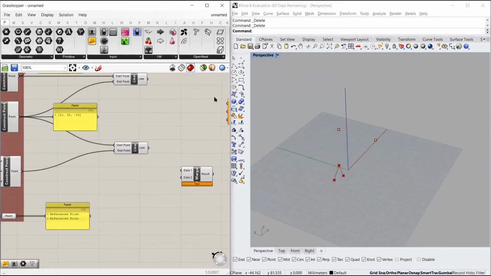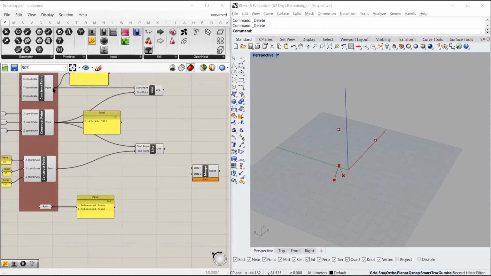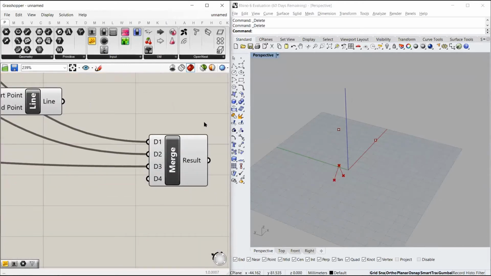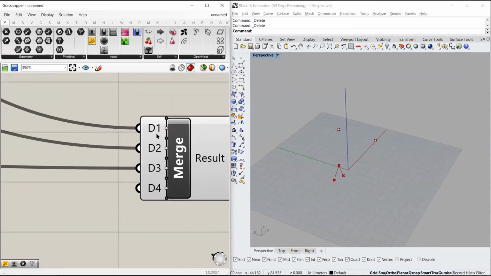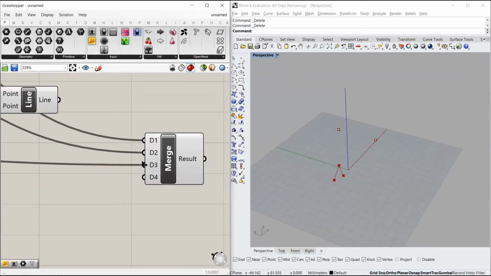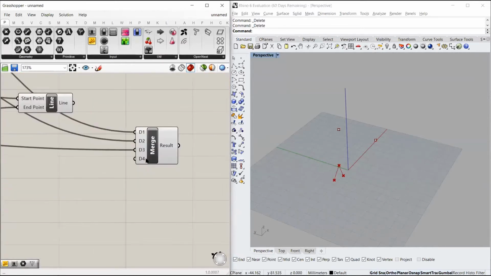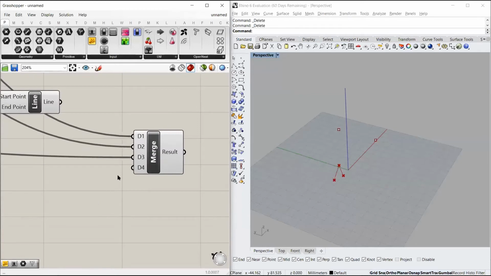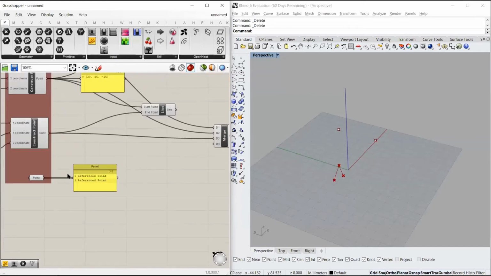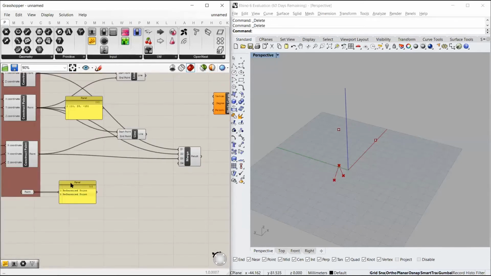But now if I merge this point, if I merge this second point, I get this input as the third point. So you see, by default, when I opened the merge component, it had input for only two values. But as soon as I inputted two values, it starts adding data. So it's a never ending process. It can add as many numbers as you want. So I inputted the first three values and then I inputted the last two values.